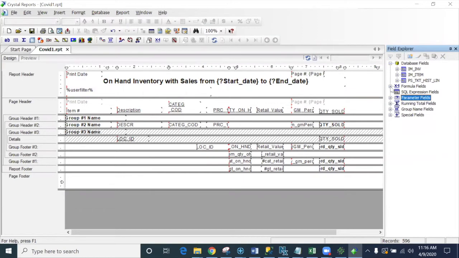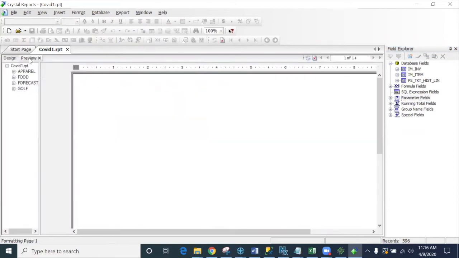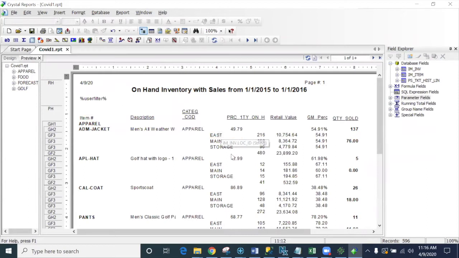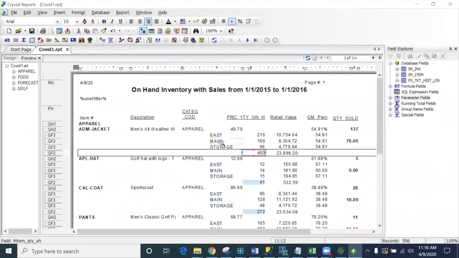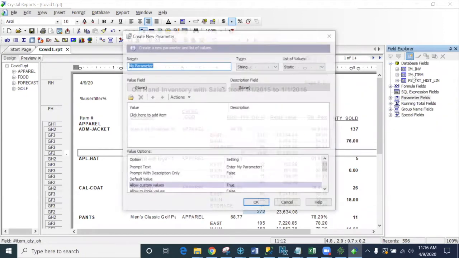I want to add one more parameter. So when I'm looking at this report, I might want to get rid of the location-specific information, but just have the item totals. But I want to give the end user the ability to see it with the location detail or without the location detail. So rather than creating two separate reports that I have to maintain, I'm going to build a parameter that says location detail. And so if I click on parameters and we add a new parameter,